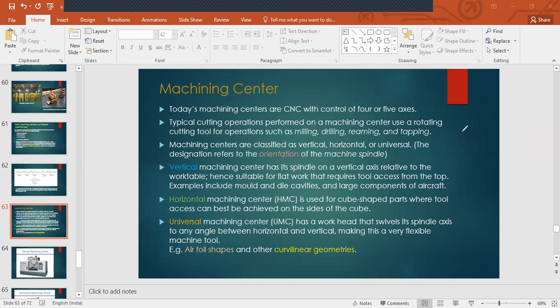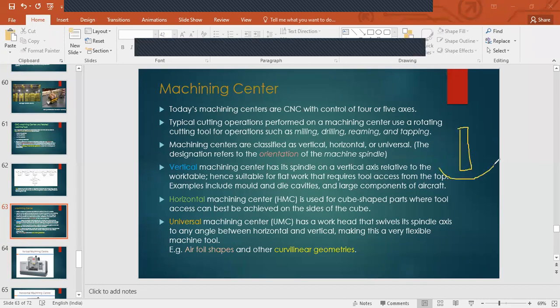That spindle is now able to rotate also. So you can do it anywhere between horizontal and vertical, right? Anywhere in between, this can move. That's what is meant here, to any angle between horizontal and vertical, making this a very flexible machine tool. So at any angle, if you want to do machining, just swivel the machine tool and start working.